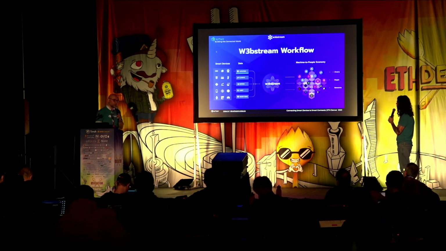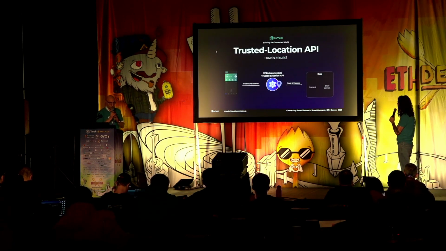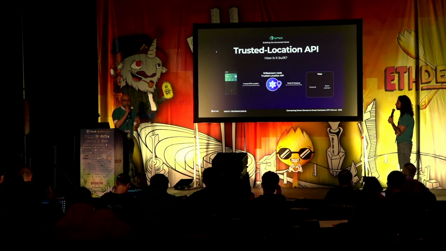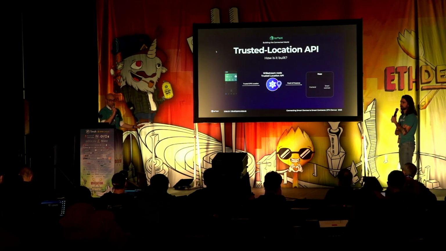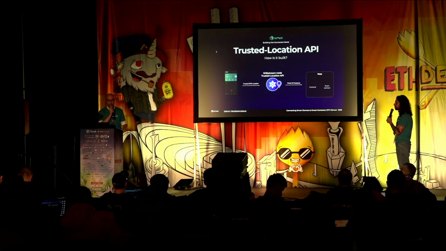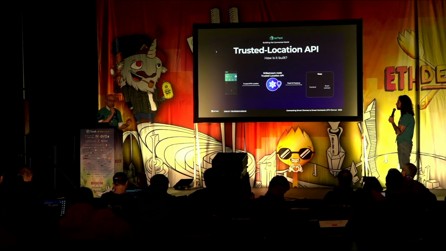As I said, we're not going to focus on this protocol that much, but we are going to focus on a trusted location API, which is an application or a product that we built on top of the layer 2 protocol, WebStream, to show how you can actually connect smart devices and GPS location for your users, if you are a dApp developer, and how to connect this location data with your smart contract applications while preserving the privacy of the user, and at the same time trusting that the location is tamper-proof. So opening the door to